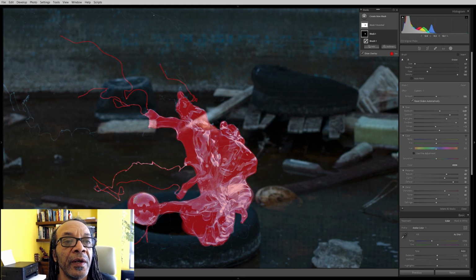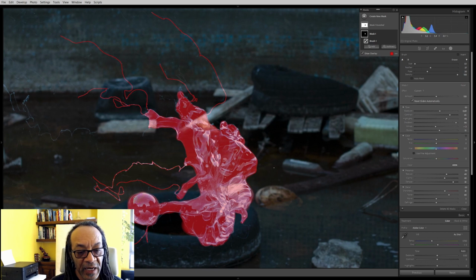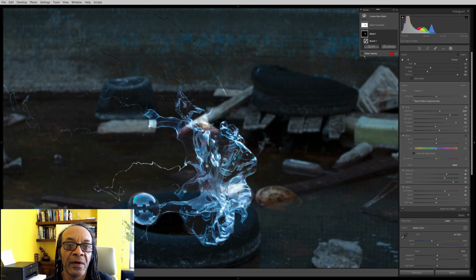Actually, let me do one more here. I think this is a really nice decorative one. Even if I don't hit the line exactly or there's nothing there, I'm also painting in these tendrils, because if you look, when we turn off the mask, they are